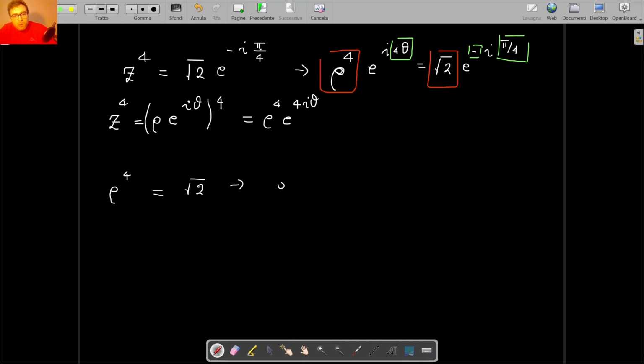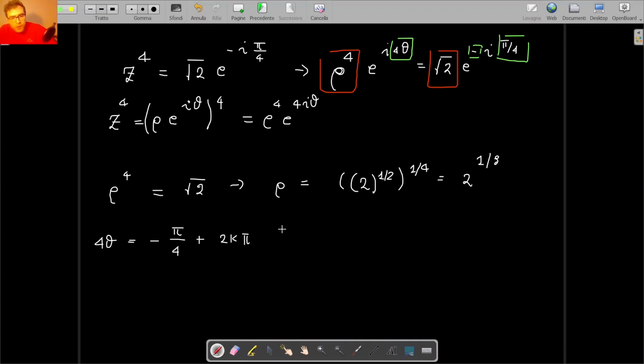Then rho is equal to 2 raised to 1 over 2, again raised to 1 over 4, which makes 2 raised to 1 over 8. And then we have that 4 theta is equal to minus pi over 4 plus 2k pi,